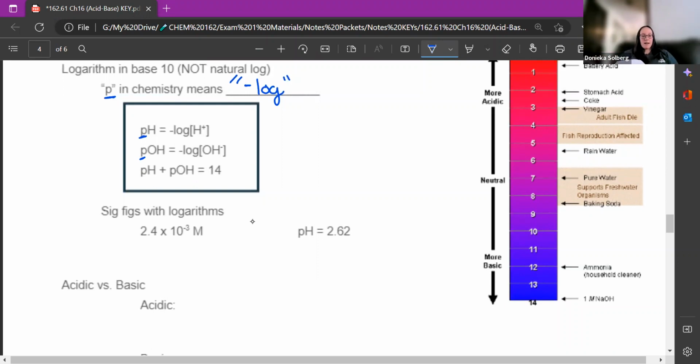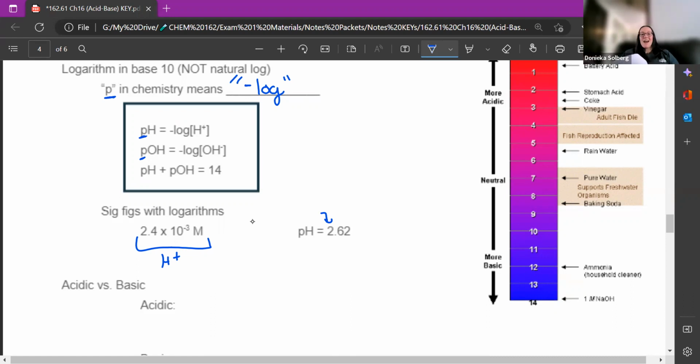If this is my concentration, say this was my concentration of H plus, and I took the negative log of it, essentially a pH then is a logarithm. And this number in front really just tells you the scale that it is. So it's on a scale of like